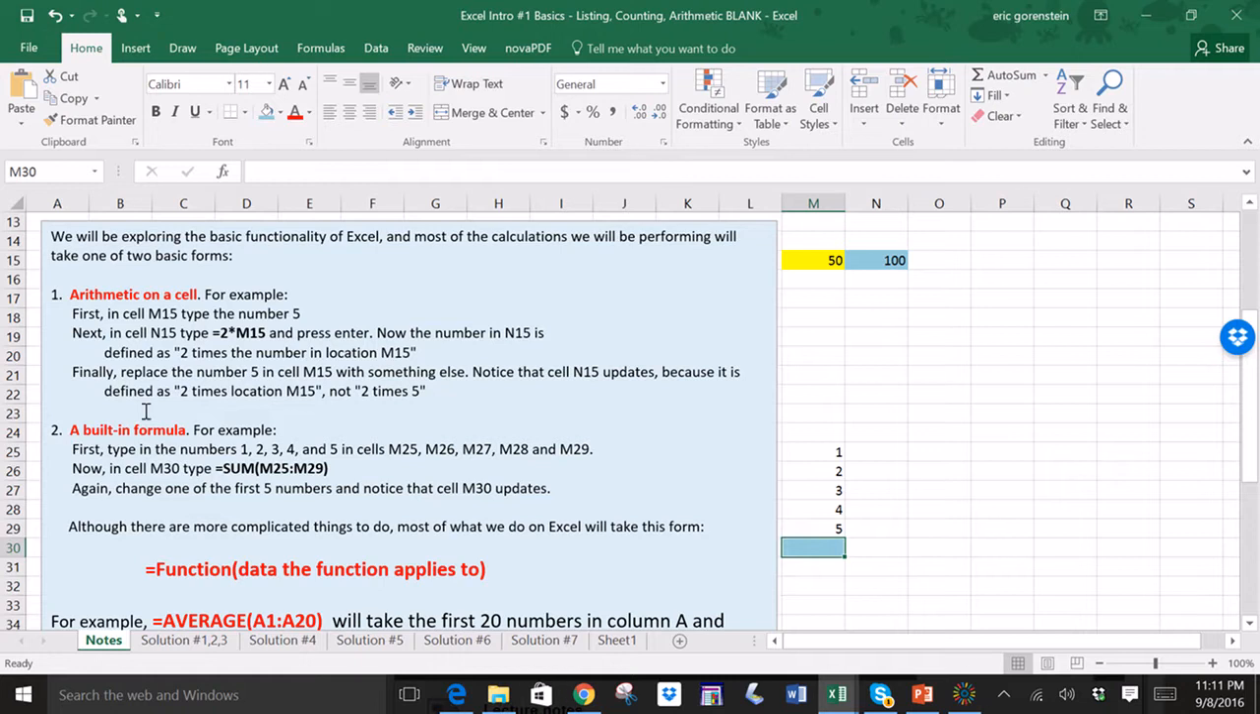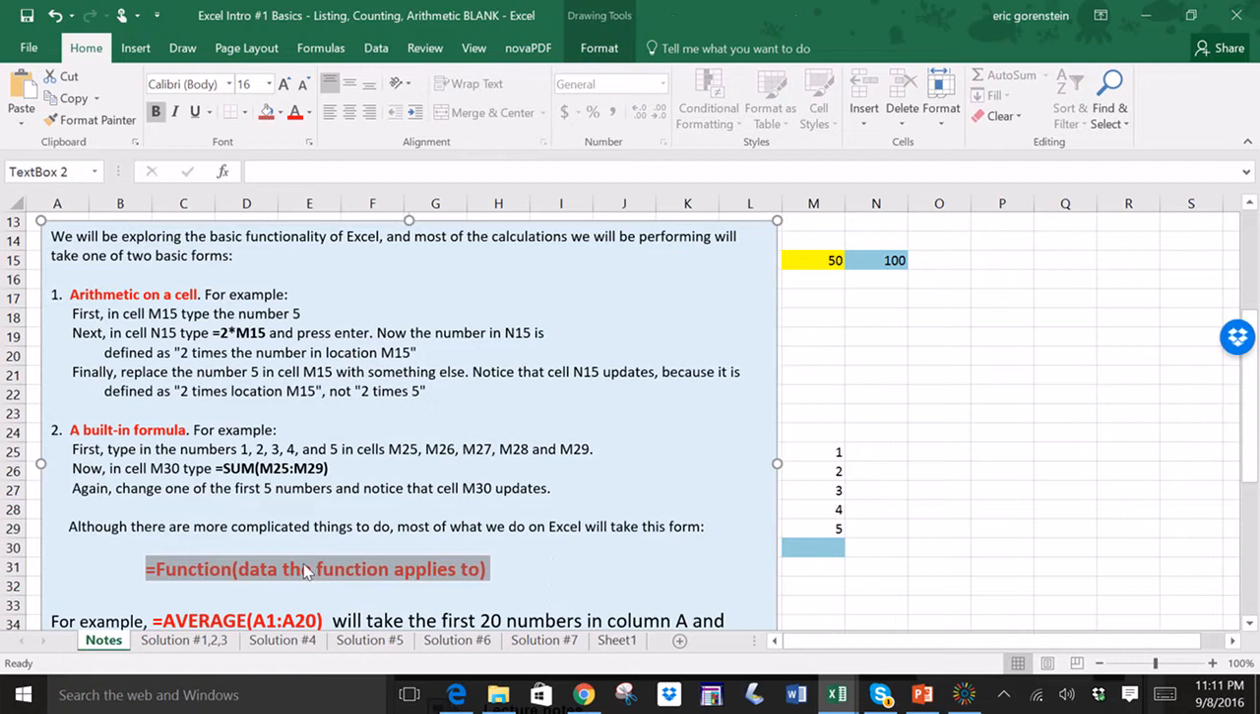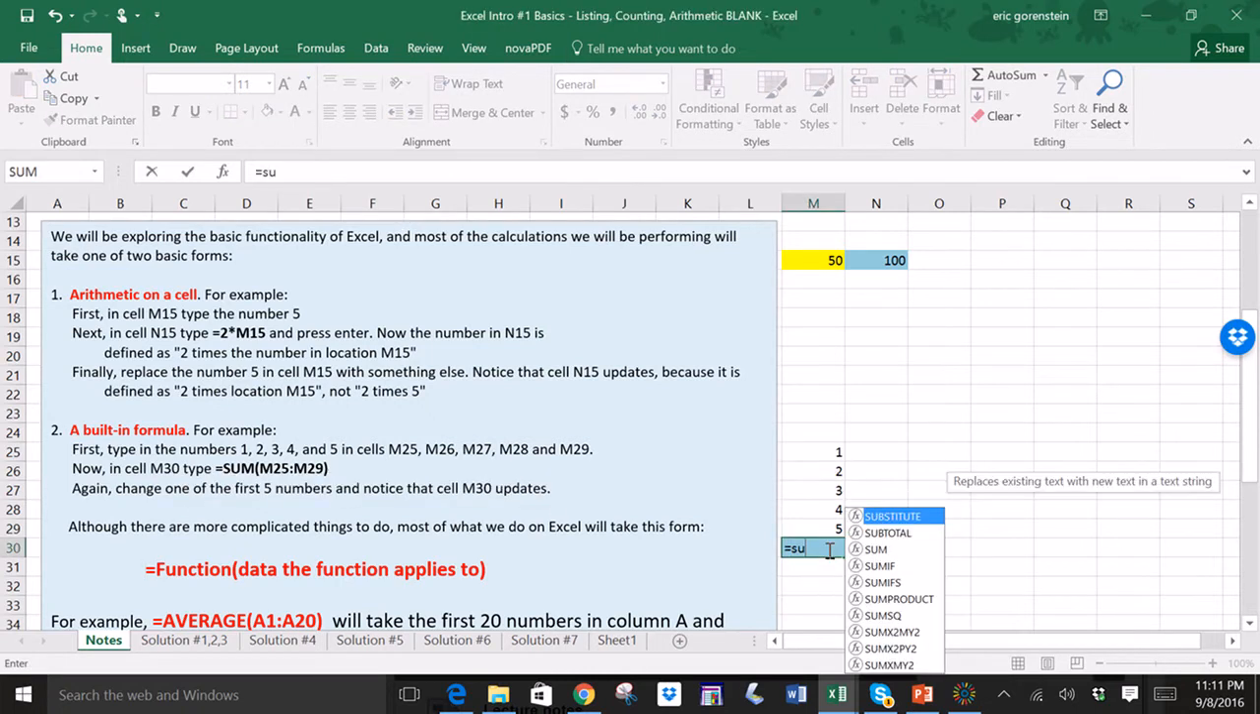The basic functions in Excel look like this. You have an equal sign first, the name of the function second, and then in parentheses, the data that you're applying the function to. So if I'm using the sum function, equal sum, now Excel will give me a list of functions that have the word sum in it. The first one is the one we're looking for, adds all the numbers in a range of cells. So if I click on the sum function,